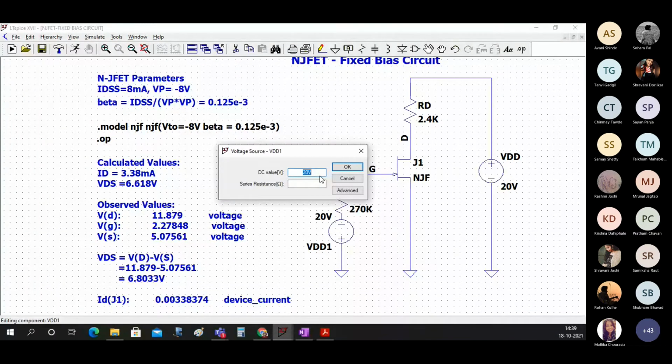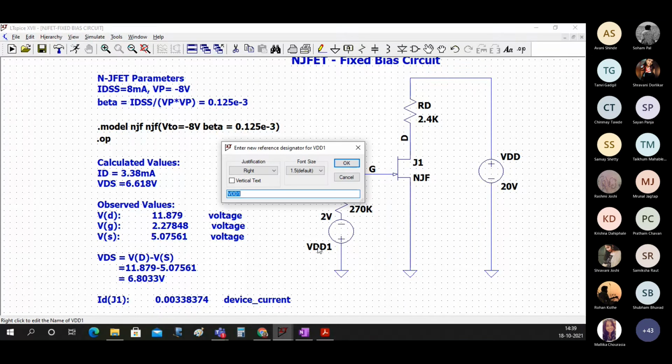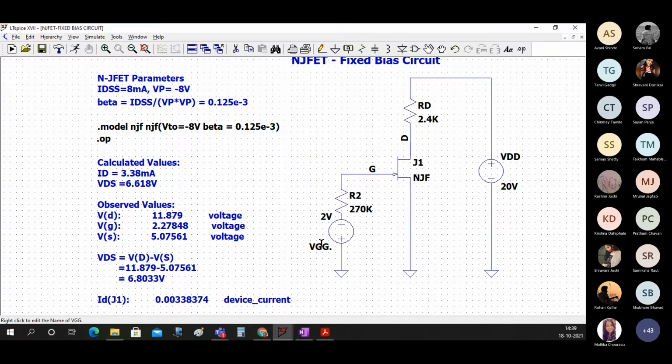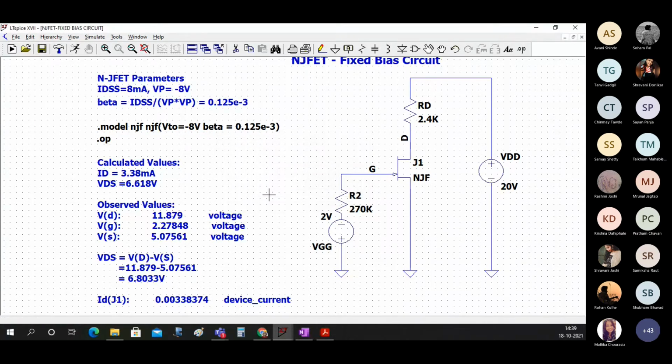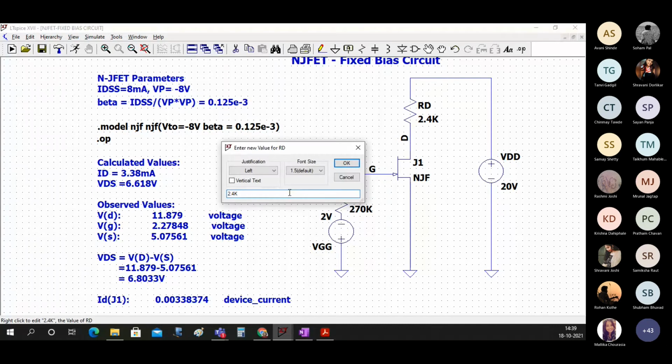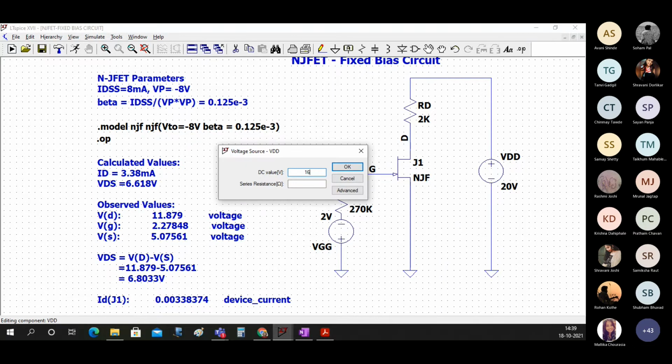This value is 2 volts, which is nothing but VGG. The value of RD here is 2 kilo ohms, and VDD is 16 volts.